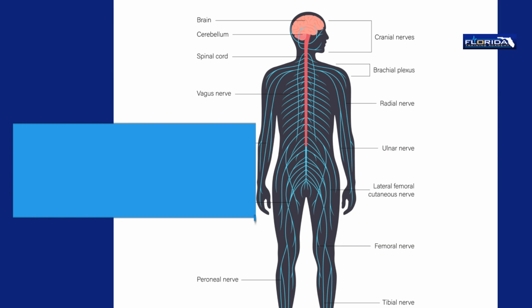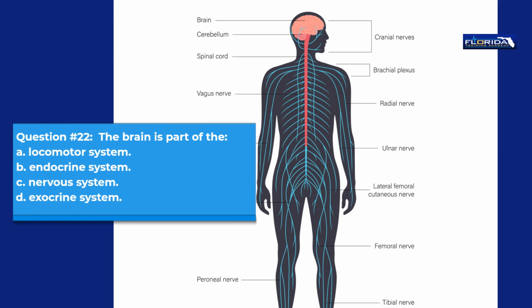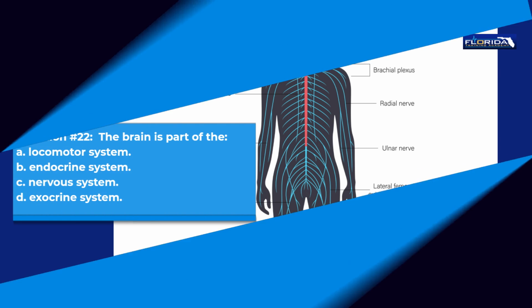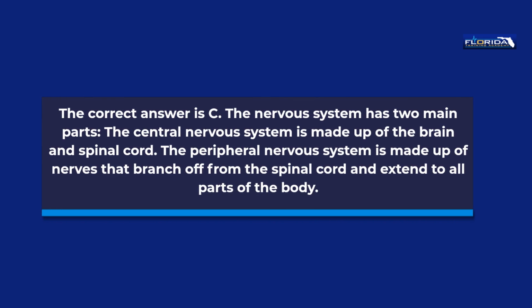Question number 22. The brain is part of the A. Locomotor system, B. Endocrine system, C. Nervous system, D. Exocrine system. The correct answer is C. The nervous system has 2 main parts. The central nervous system is made up of the brain and spinal cord. The peripheral nervous system is made up of nerves that branch off from the spinal cord and extend to all